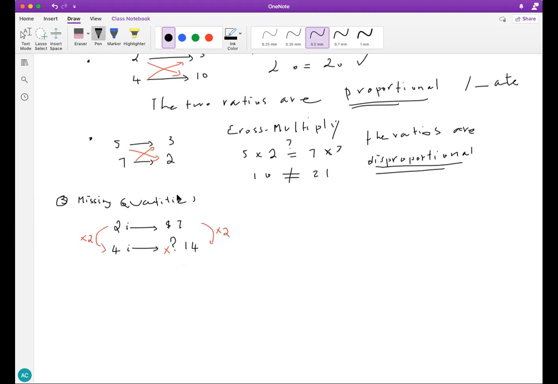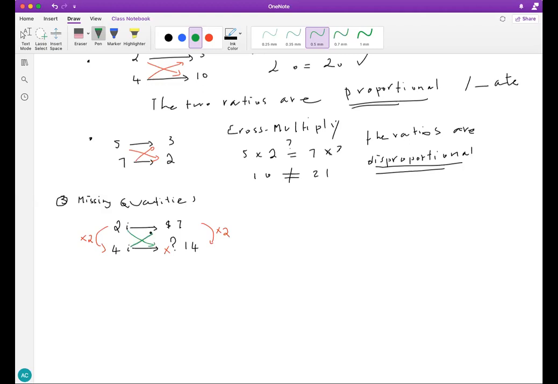As we said before, if two ratios are proportional, that means their cross multiplication is equal. So when you're given something like this with a missing quantity, the assumption is it is a proportion, and you just have to find the missing quantity. So the question assumes that these ratios are proportional. You don't have to check if it's proportional, you just need to find the missing one. So the same way, we're going to cross multiply